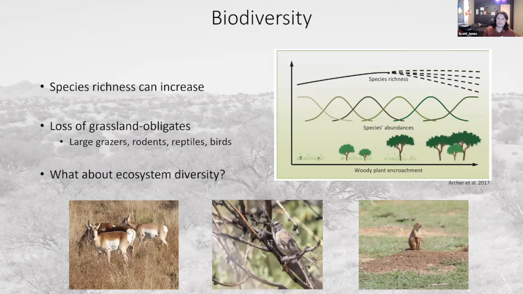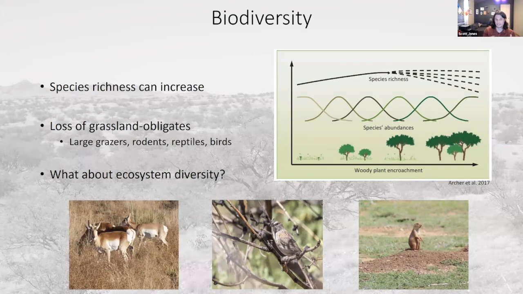But this might be a really narrow view, in that what we are also finding is that some of these grassland obligates, which evolved to be specialized in this grassland ecosystem, are suffering. So you may see increases in species richness, but this is coming at the cost of these grassland obligates, whether that be large grazers like pronghorns that will